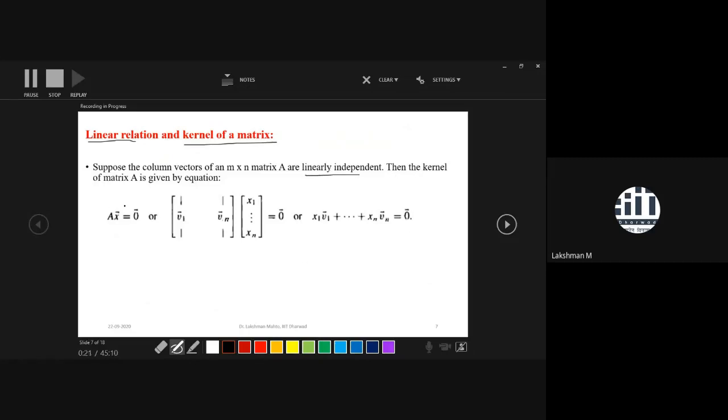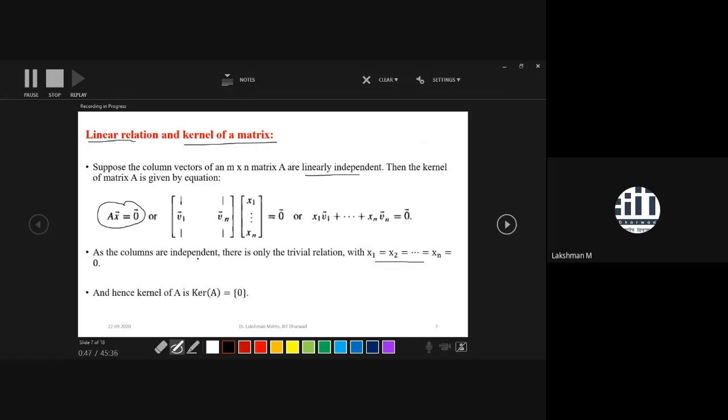It is just finding the solution space of this system, where A is having columns v1 up to vn. So you have to find the solution space, and we come across that all the vi's are linearly independent. So that means it has only one solution, and that solution is the trivial solution. So the kernel of the matrix in this case, that means the system is having only the trivial solution, would be the singleton set {0}. If all columns of a matrix happen to be linearly independent, then directly you can find the kernel of that matrix. It would contain only the 0 element.